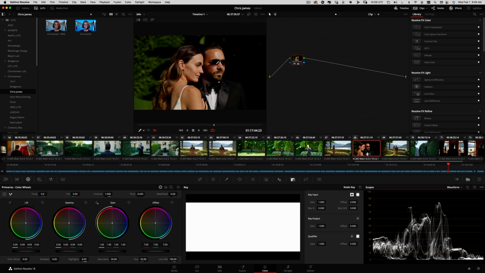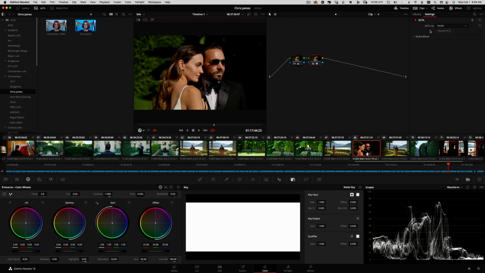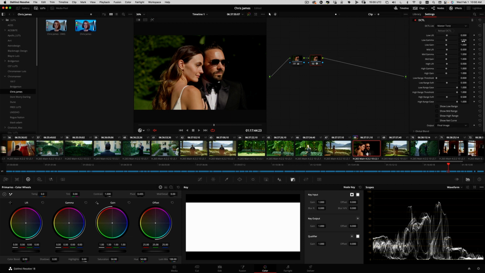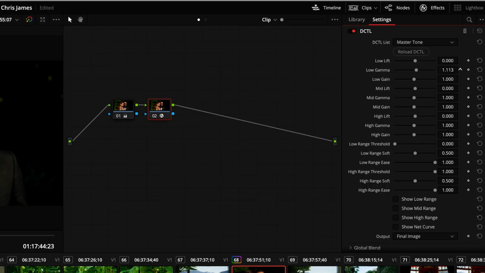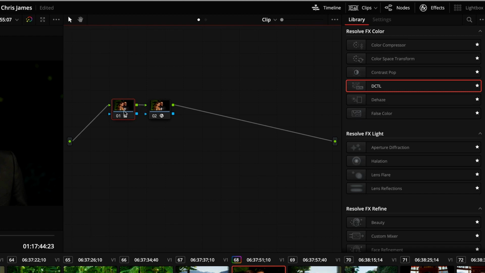So this skin is looking good. I'm going to make a new node there, Option S. And I'm going to apply a DCTL that I have picked up called Master Tone from Raven Grade. Highly recommend it. I'm gonna bring up the shadows a little bit there. I'm going back to my first node,